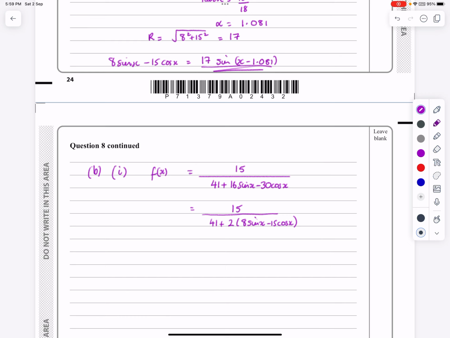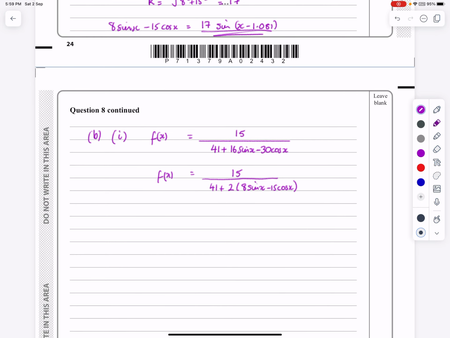So now, what am I asked to do? I'm trying to find the minimum value for f(x). If I'm trying to find the minimum value for f(x), then I want this denominator to be as big as possible. I want to divide by the biggest number. That'll give me my smallest, in this case, my minimum value for f(x). So if that's the case, then f(x) is going to be equal to